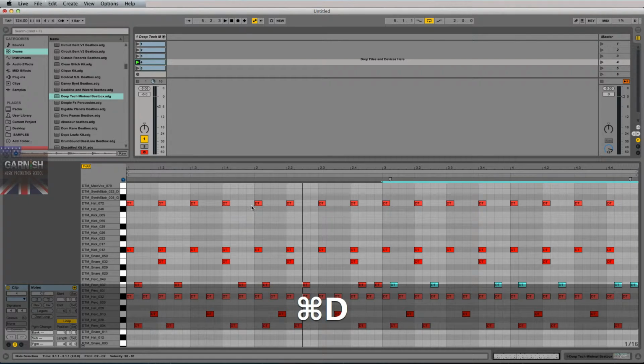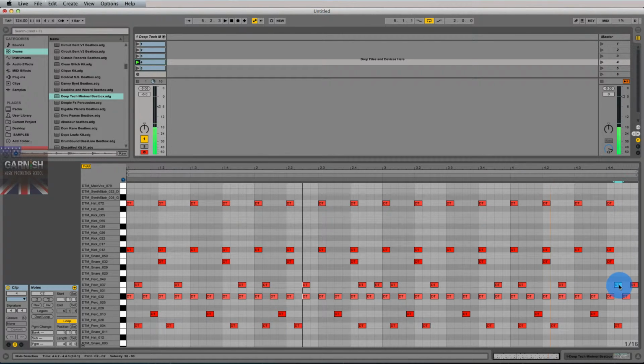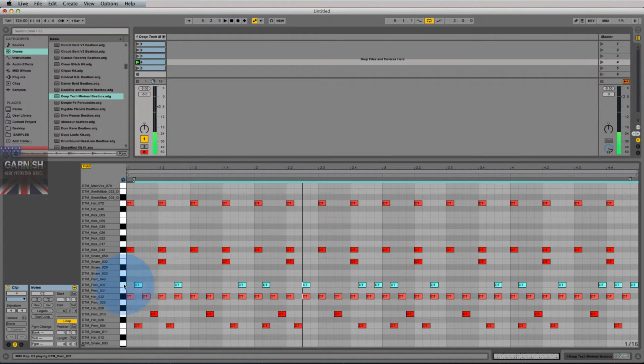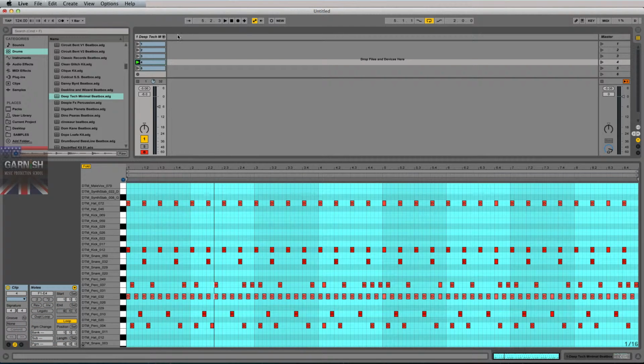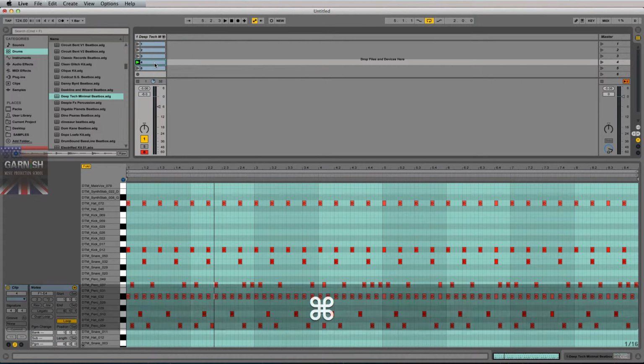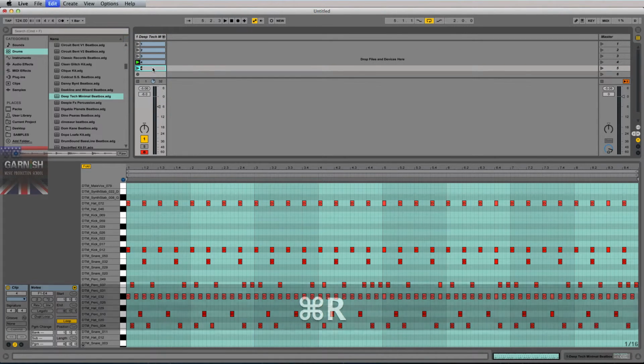So I'm gonna, again, Command D that, and I'm gonna make a variation at the end here so that this sound is now a 4-bar variation, and I'm gonna duplicate that loop to make it an 8-bar, okay? And then on clip number 5, I'm gonna go through here and add some more complexity here. So now we've got this. Basically, so far we've got